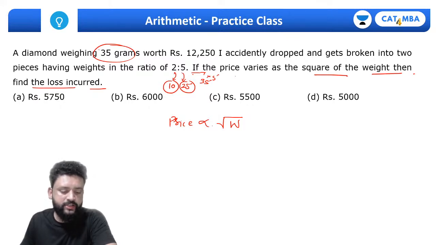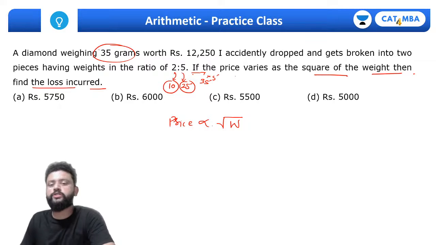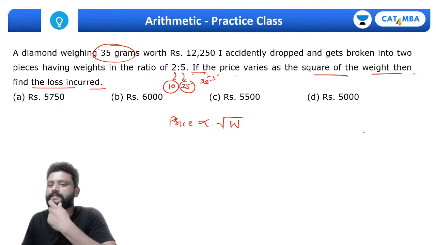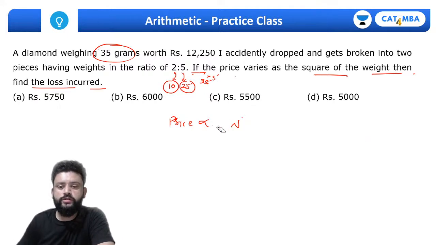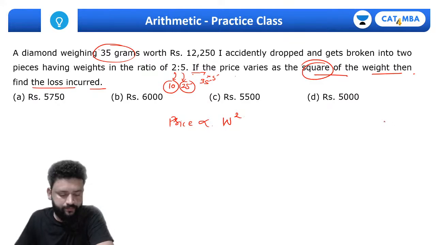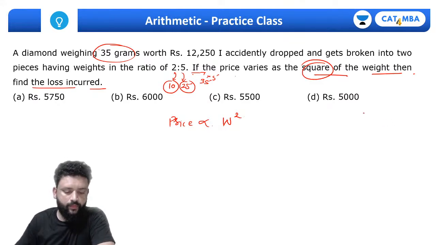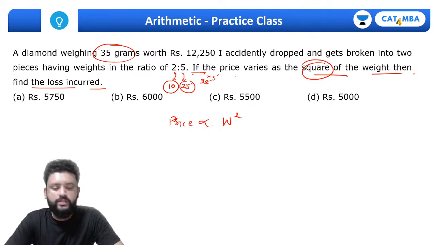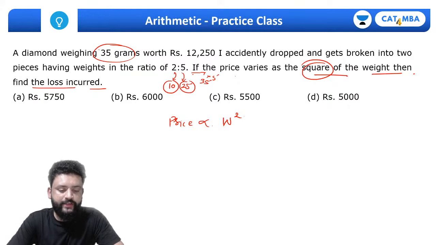What about you, Megha, Ashish? What is happening? You're not able to comprehend or you're not able to solve this question. This is a simple question based on proportionality. Sorry, it's not square root. It is square of the weight. Sorry, it's W square. Right, I want an answer from your side for this question. All of you, quickly do it.